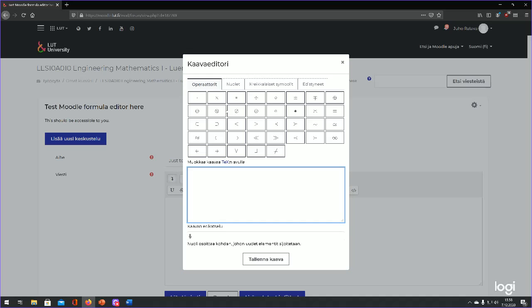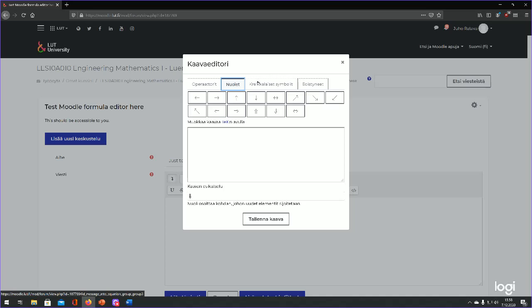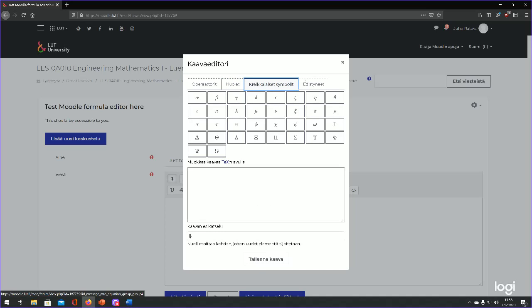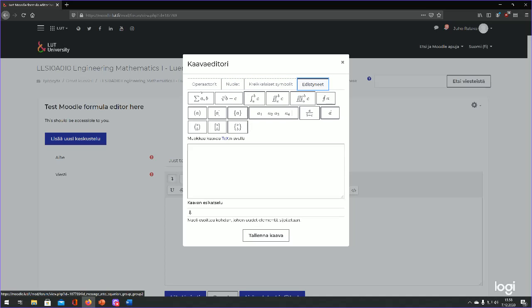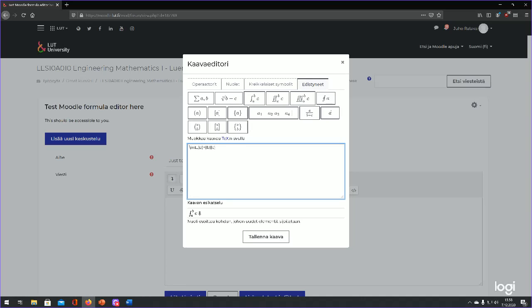You've got lots of these signs here, different kind of arrows, Greek, advanced stuff. So for example, if we want to do integrals, here you can see that this is subscript A, superscript B, and integral of, let's say